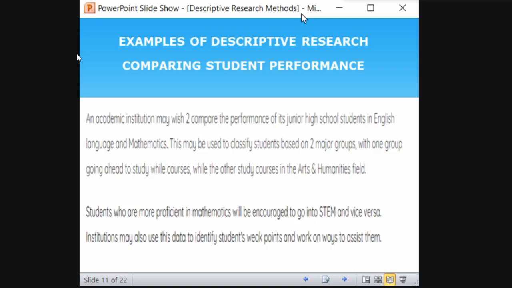So they wanted to test the students' proficiency in English and mathematics. Based on this, if one scores good marks in English and fewer marks in mathematics, or good marks in mathematics and fewer marks in English, they can choose their career. That will help to choose their career. If he is good in mathematics, he can try for science-based courses. If he is very good in English, he can try for literature and arts-based courses. So based on the skills, ability, and the comparative test, it will help to determine which the student is more suited to, right?